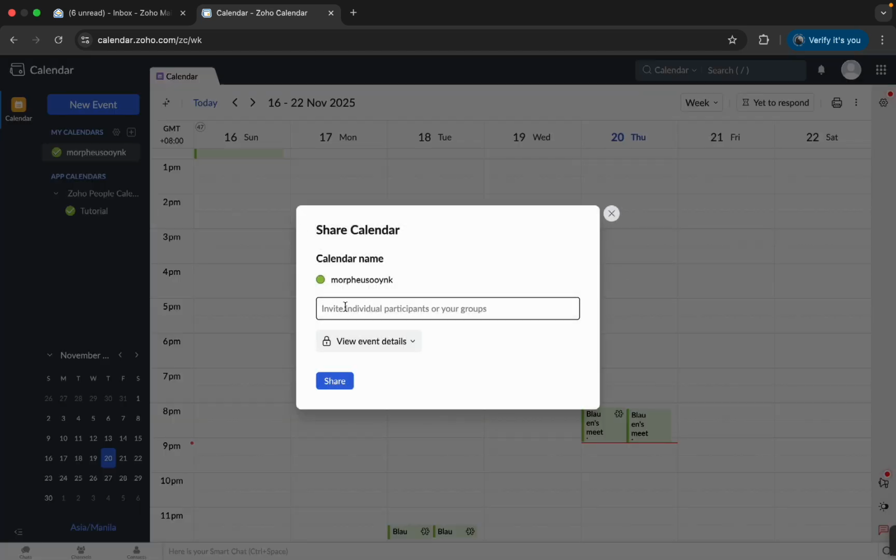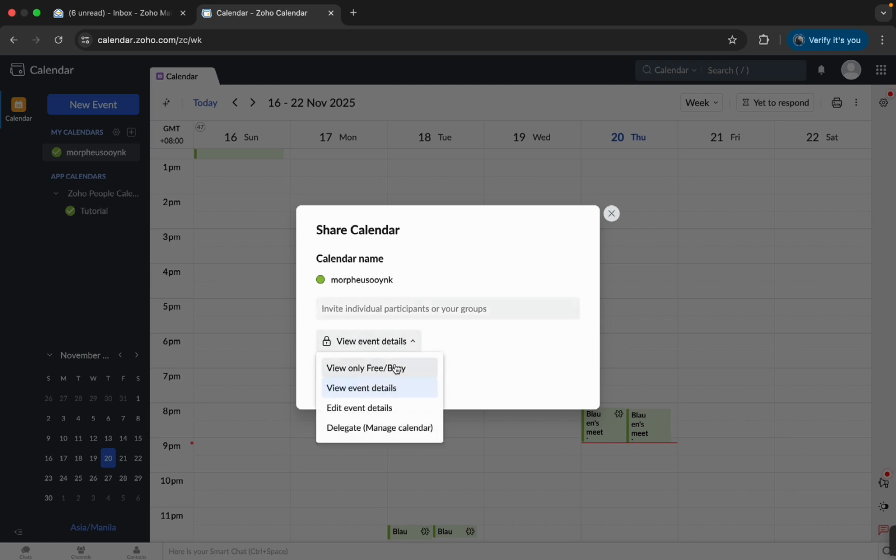Then over here at this tab, you want to input the email of an individual or a group which you want to share your calendar with, and after that, you're going to select how they can view your calendar. So you can allow them whether to view your calendar or edit or manage your calendar. Just go ahead and choose the option that works best for you, and after that, just click on share, and